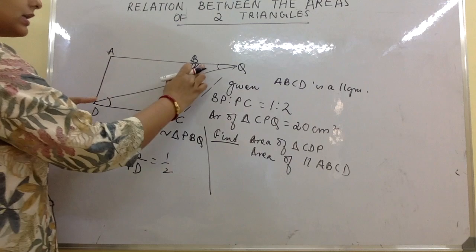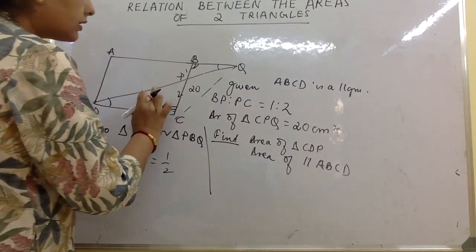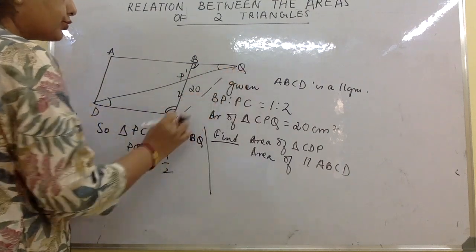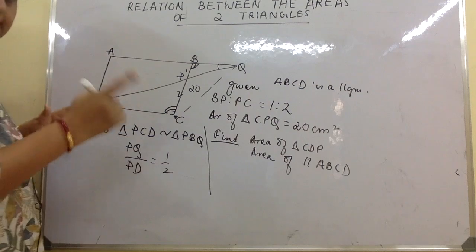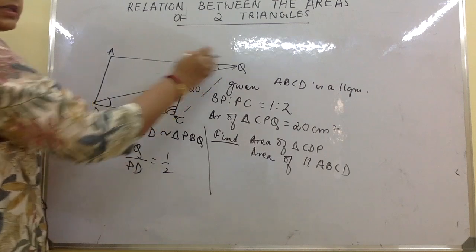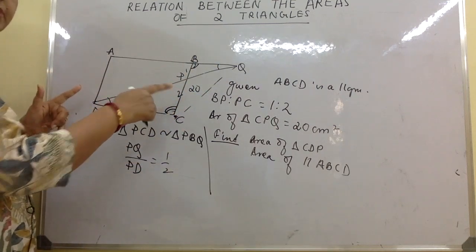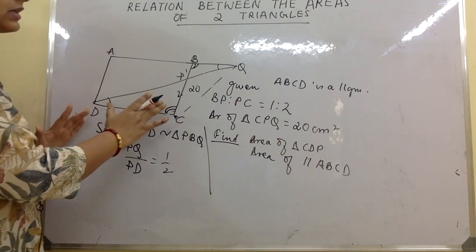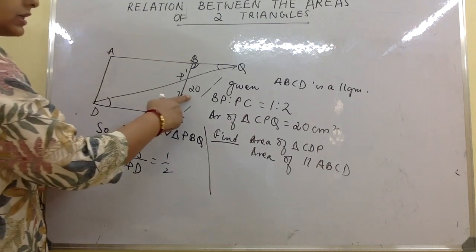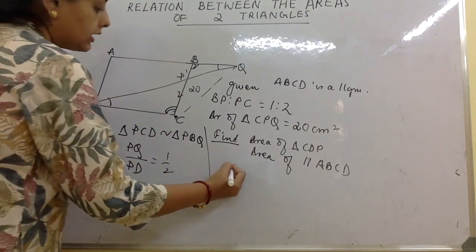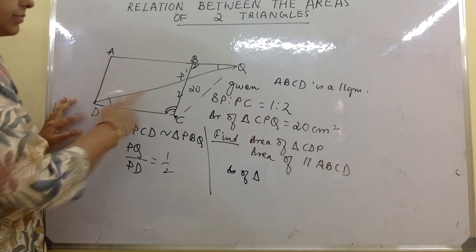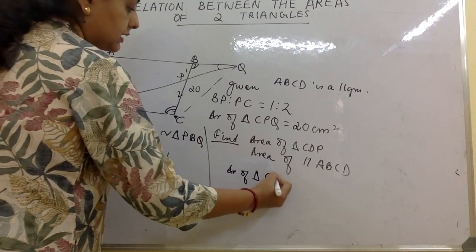Now we will stop looking at these two triangles and start looking at these two triangles, DCP and PQC, because they have a common vertex C, and the bases are lying in the same straight line. The straight line is DQ. Bases are lying in the same straight line, so this is the place where we will apply the theorem. Here we can say area of this is 20. Therefore, area of triangle DPC, or CDP,